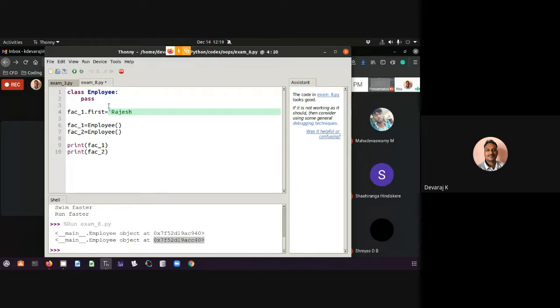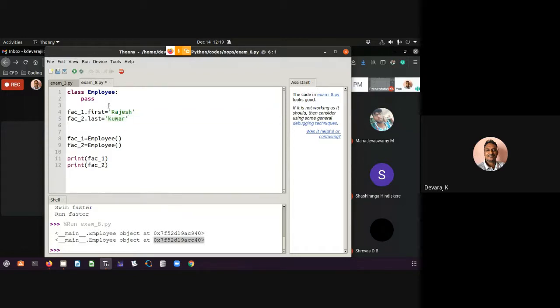I have two faculties. So for faculty 1 the last name will be Kumar. Rajesh Kumar is the name of that particular faculty.